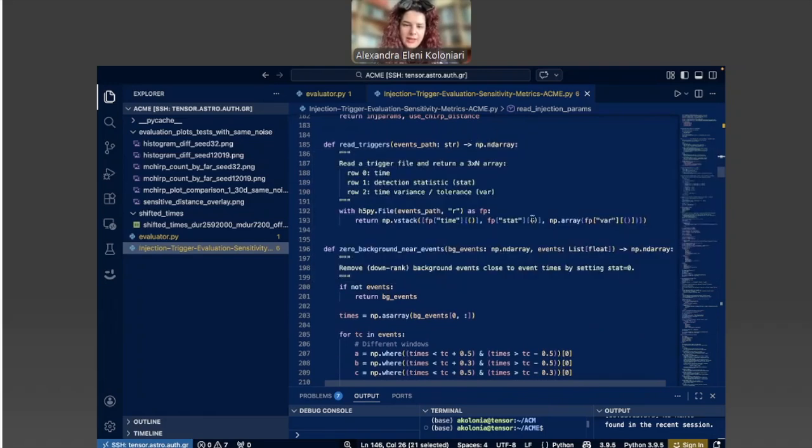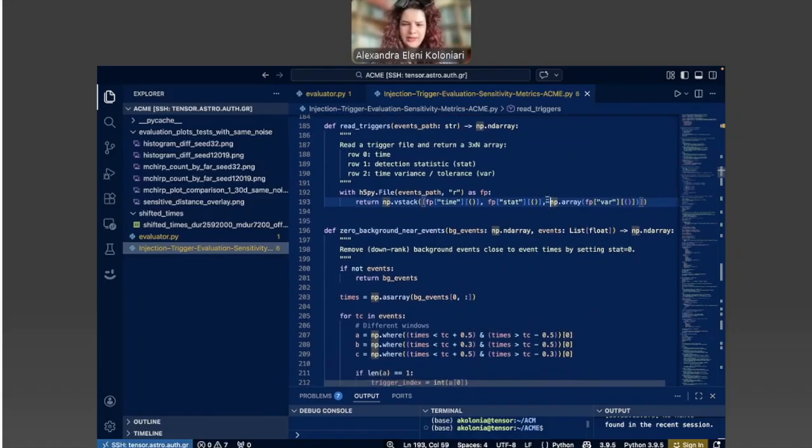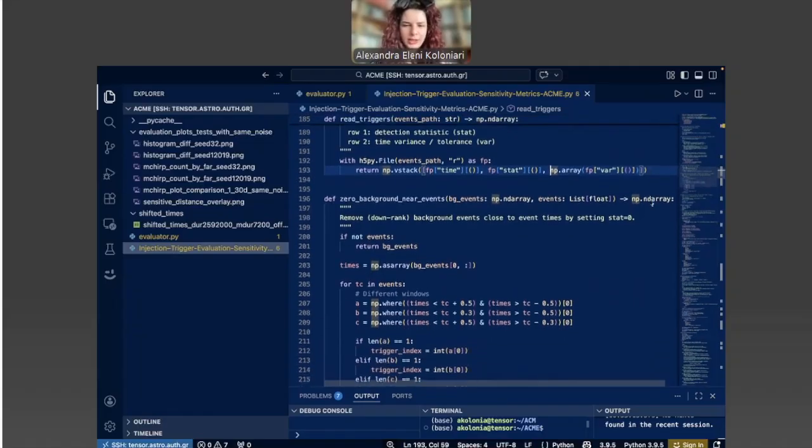The HDF files basically show the ranking statistic of each trigger and the time that we saw that specific ranking statistic. And we also have one more parameter, which is the time variance, the tolerance, which is for all equal to 0.5. That is just used in that specific notebook. It would be just one value.